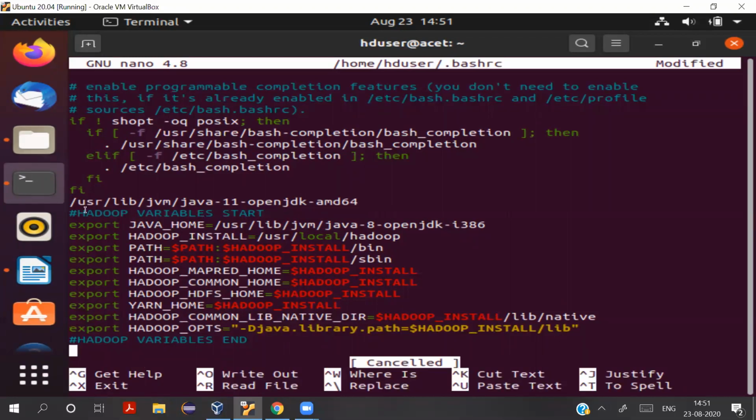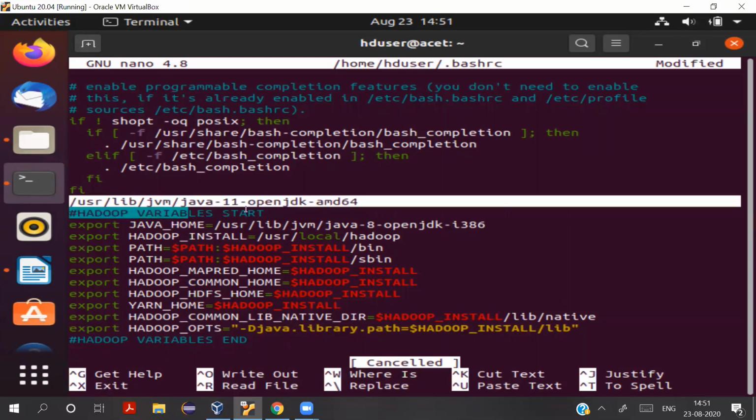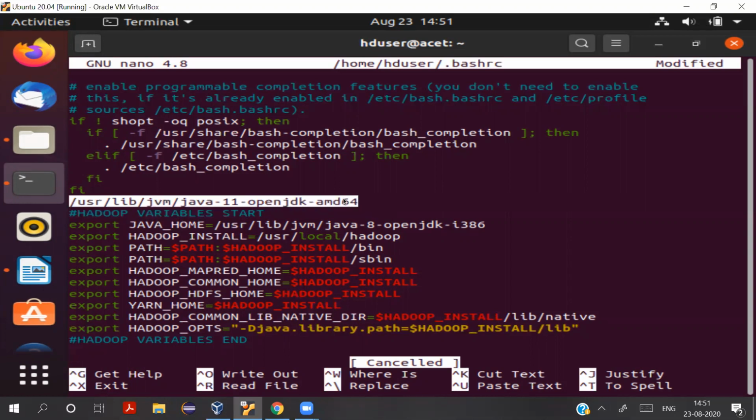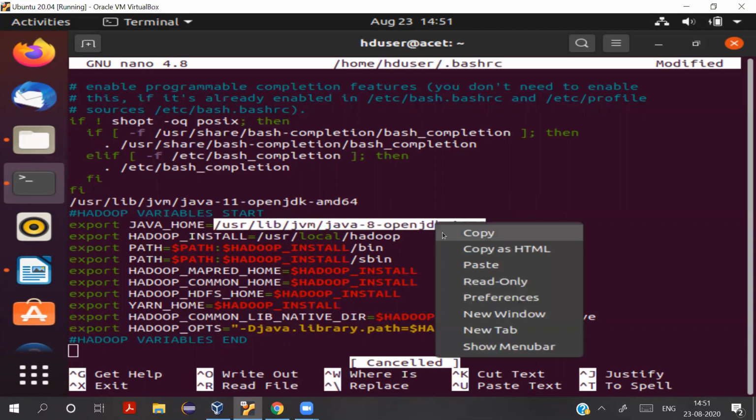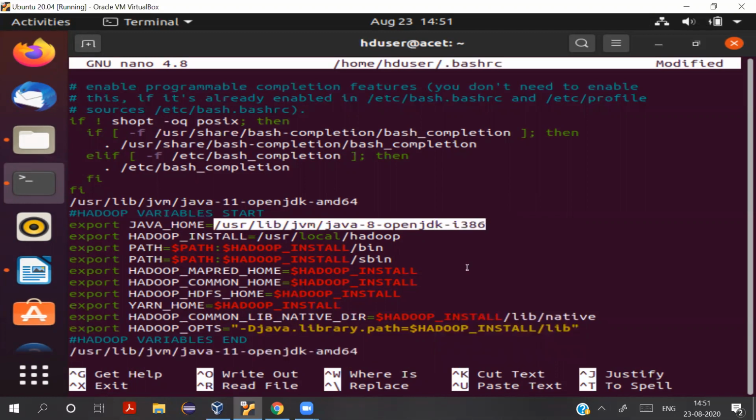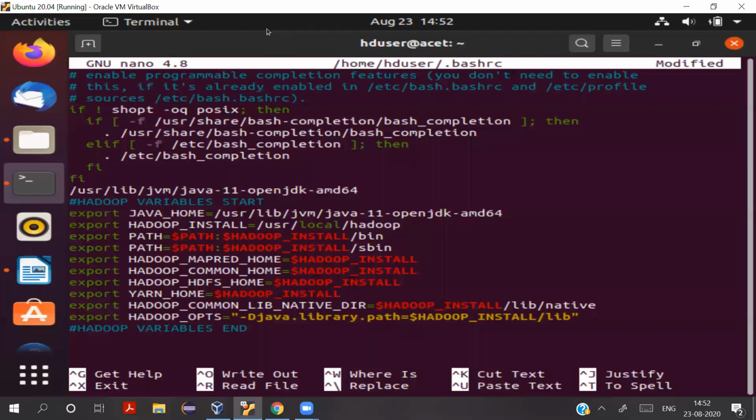There are some problems with copying. So once again, yeah, let's copy it here. So we have copied this, and all other things have been written in this .bashrc file.